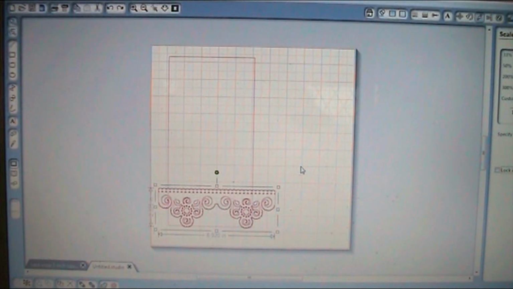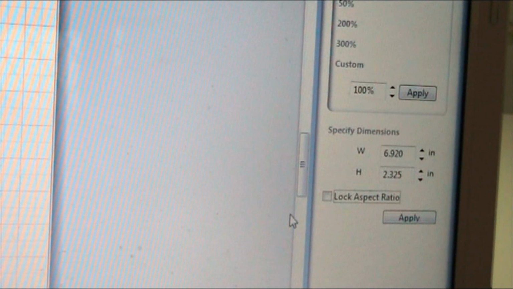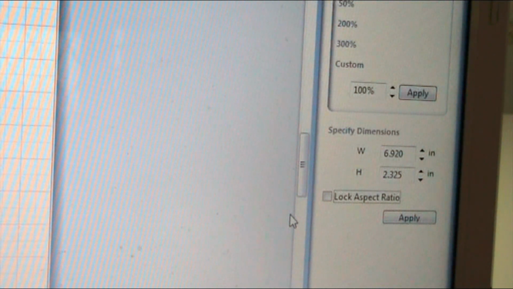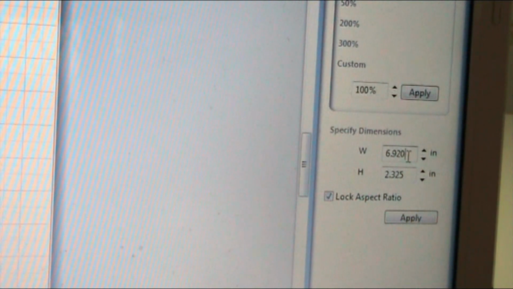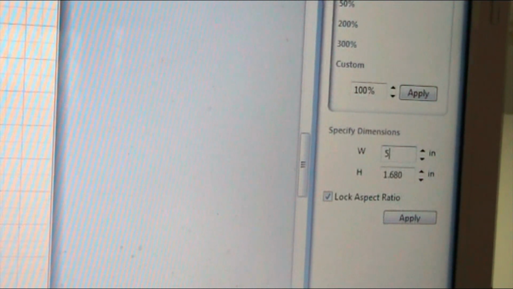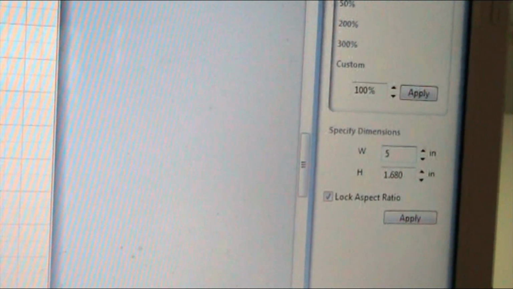Okay, so now what I'm going to do is I want to make this exactly 5 inches wide, the same as my card base. So we're going to go into the same section as we went in before to do the card base, which was our scale. What we need to do in order to make sure that the ratio stays correct, i.e. because it is a specific design, we don't want it to get thinner but not alter the height, so it kind of looks all squashy. We want it to stay proportionate, so we need to lock the ratio, which is this key here. So we need to click on that, and then it will automatically adjust the height according to the width, or vice versa, that we put in. So as I put in 5, it automatically goes, well, if it's 5 inches wide, in order to keep the ratio correct, we need to make it 1.68 high. So then we're going to click apply,